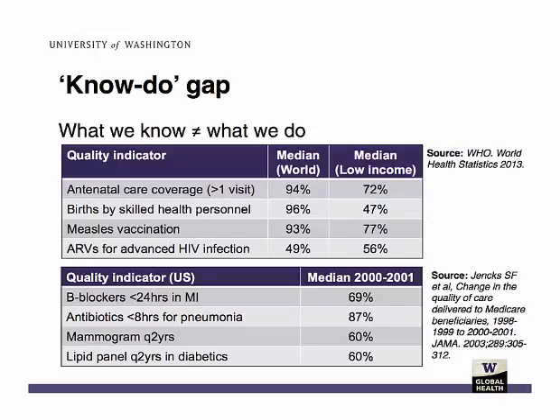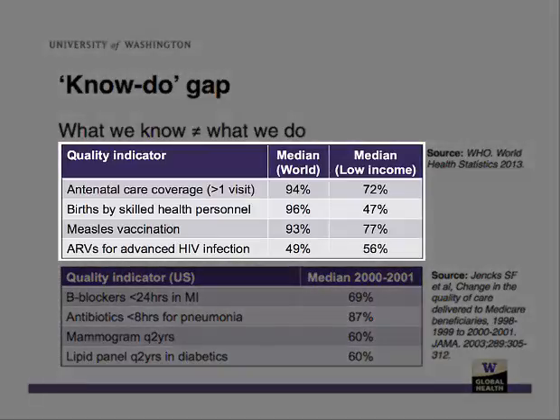As we pick apart the know-do gap in more detail, we can look at delivery systems and their role in taking interventions with a proven evidence base and implementing and scaling them up. And we can see from the table here in slide 3 that coverage of basic services through the primary healthcare framework does lag behind in low-income countries compared to the rest of the world.